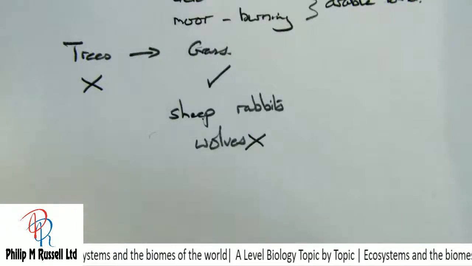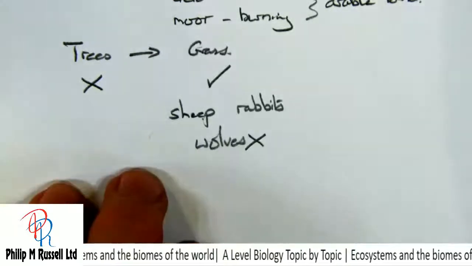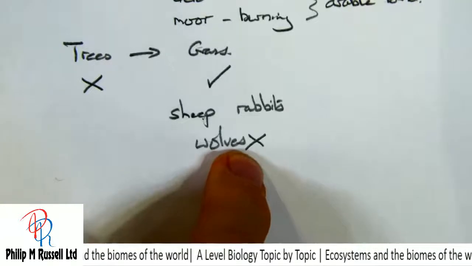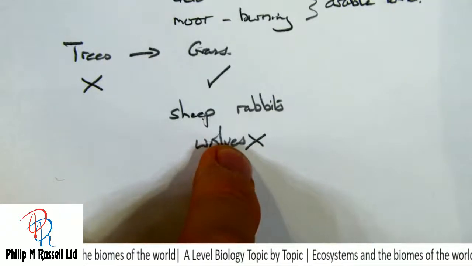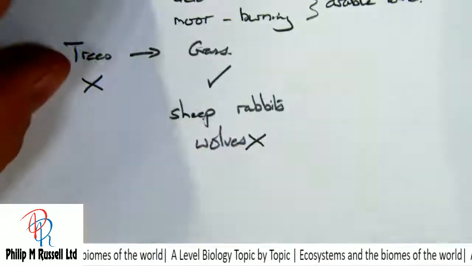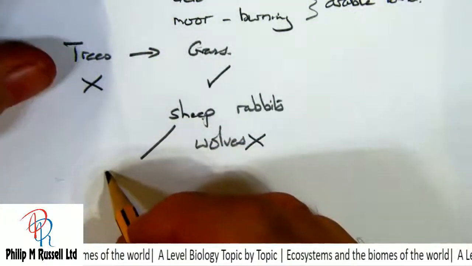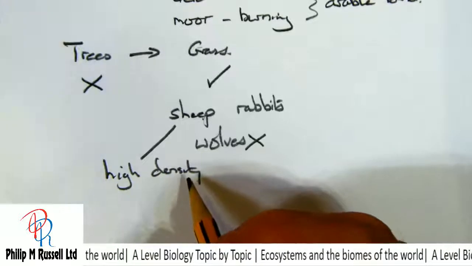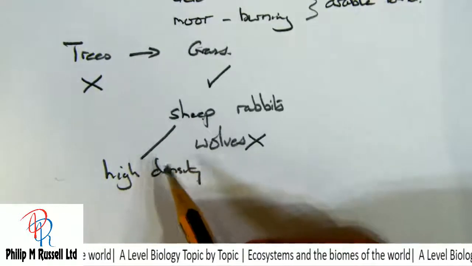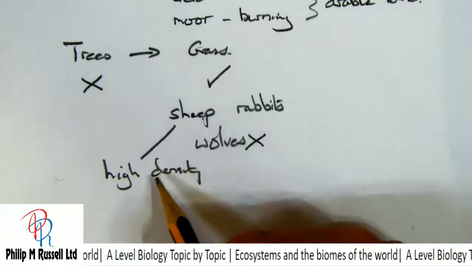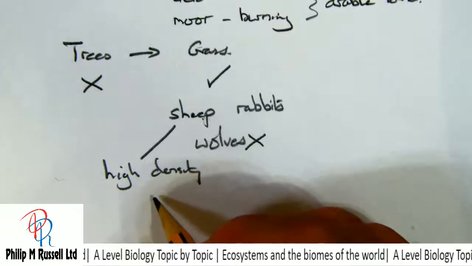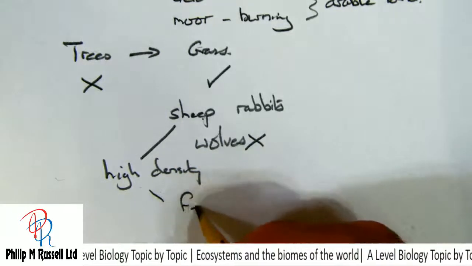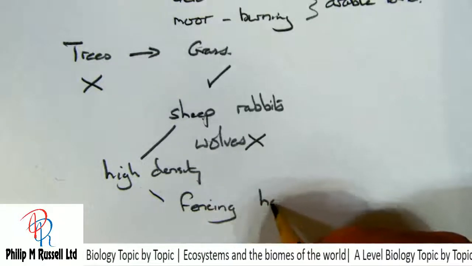So we've got these factors that are going to affect all these things. So removal of predators can cause problems, and we may need to increase the numbers of predators. The big problem is that when we've got the sheep here, we keep them at a high density. And as soon as we keep these at high density, then we've now got to increase the feeding for these. To try and do this, we've got to bring in things like fencing, and what